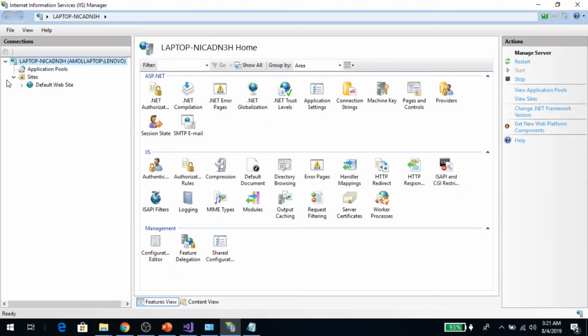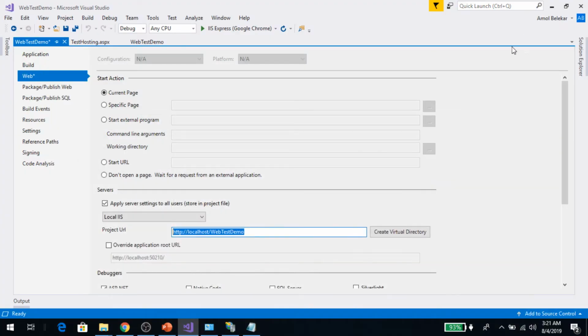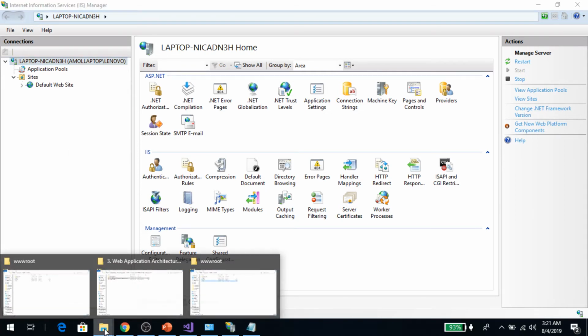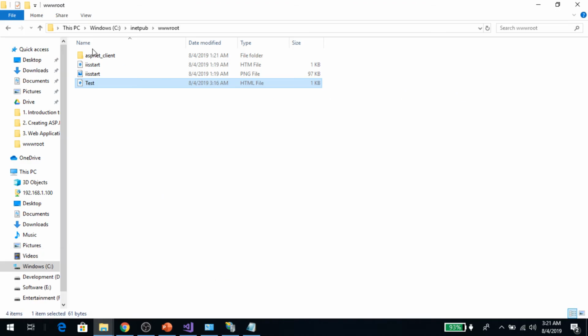See, now there is no virtual directory. So why are we creating a virtual directory? Basically, if you want to deploy an application on a web server, you are required to place it in this root folder, like this test and all. Suppose if you want to